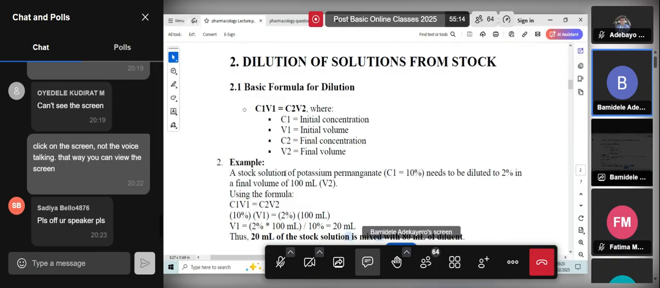So a stock solution of this medication needs to be diluted to 2% in a final volume of 100 ml. So the initial concentration is this 10% from the factory. What we are looking for is 2%, which should be the final concentration. And this is here, final volume of 100 ml. That is self-explanatory. So using this formula,